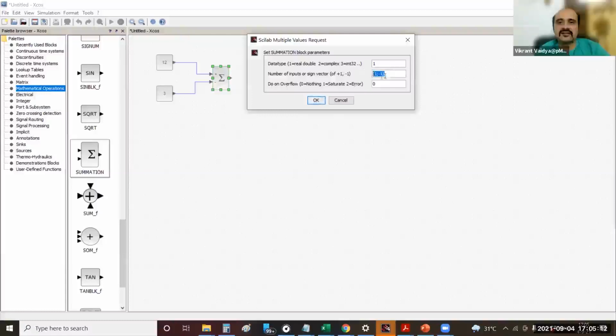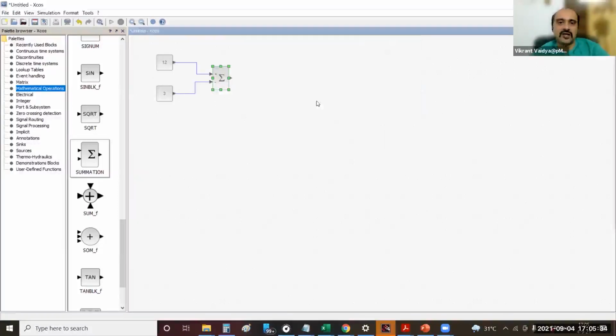So that is why you see 2 inputs available here. And in that vector, you also have 1 and minus 1. 1 corresponds to plus, minus 1 corresponds to minus here. If I remove this minus sign here and click OK, now it is going to be just adding these two. Now it will be 15. Previously it was subtraction by default, so it would have been 9.